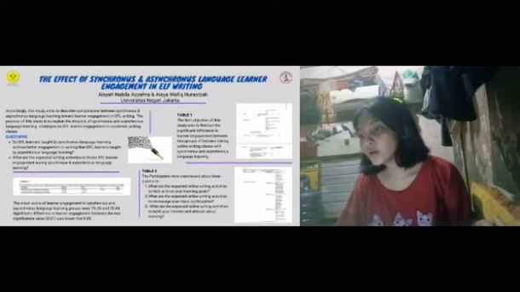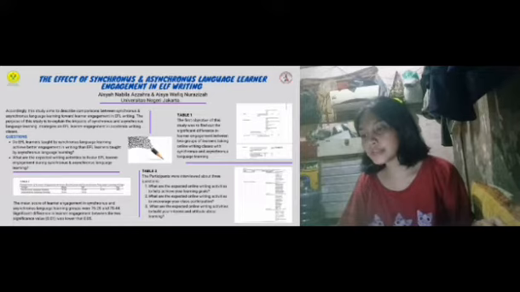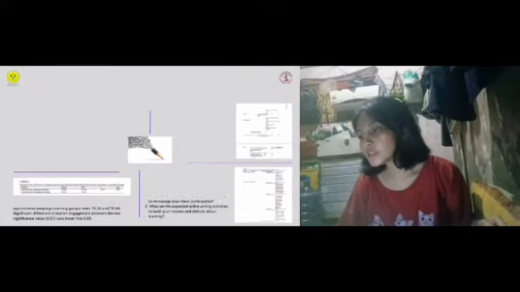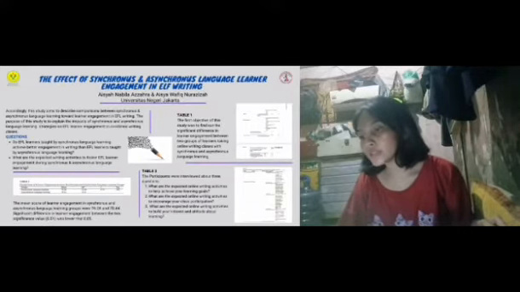For the result and conclusion, this study explored the effect of two modes, synchronous and asynchronous, of language learning on learner engagement in EFL writing classes. The findings show that learners were more engaged in learning through synchronous learning compared to learners in the asynchronous learning environment. This finding implies that learners engaged in online learning could produce better writing quality.